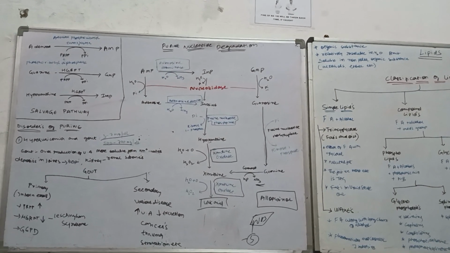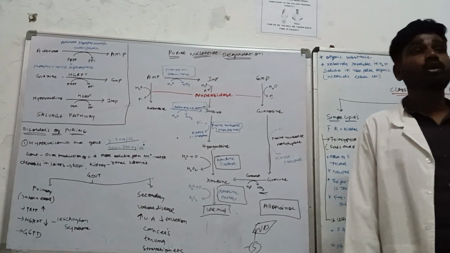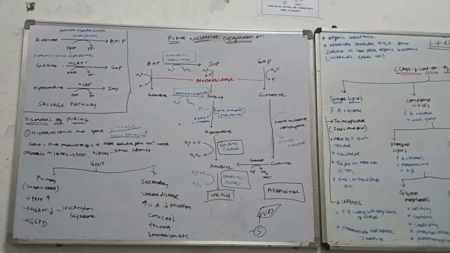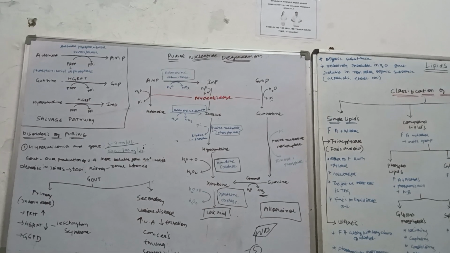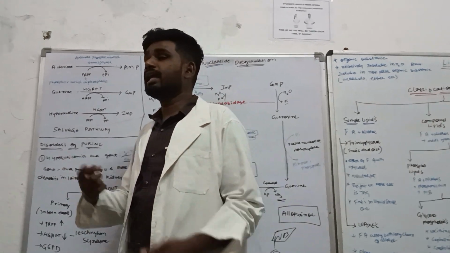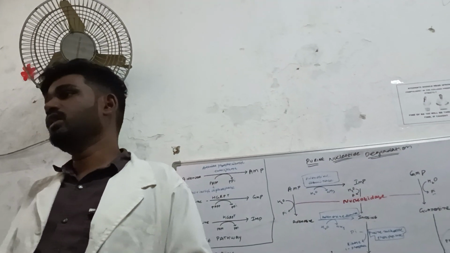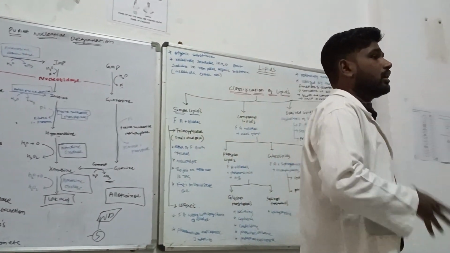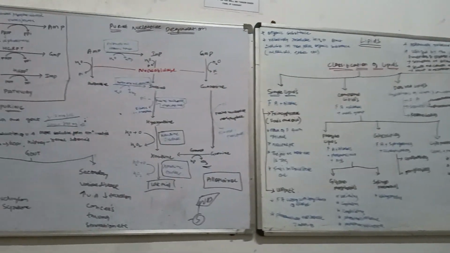As well as overeating food. Overeating food can also lead to the overproduction of uric acid inside your body, especially if you are taking fish meat and meat. That also leads to its formation because it can undergo degradation, leading to the production of amino acids, from where you get the nitrogenous bases and in turn you get uric acid.